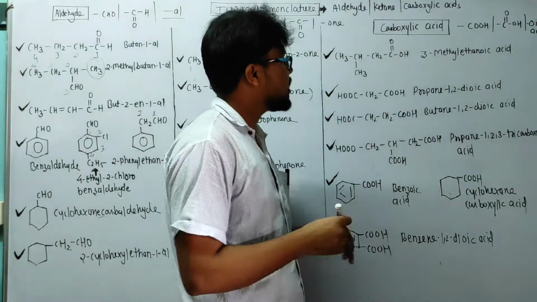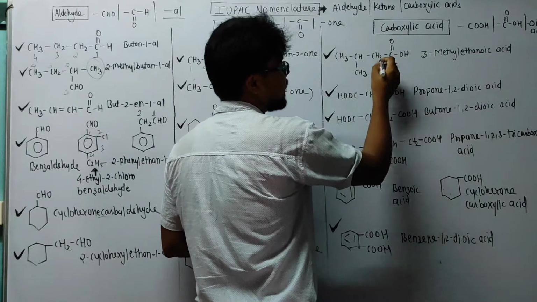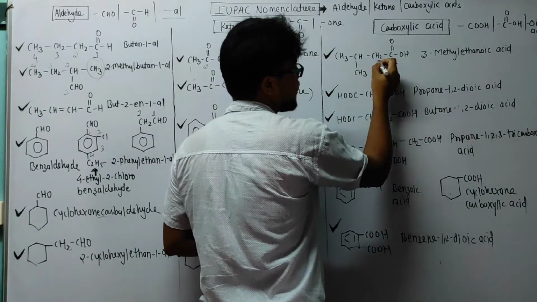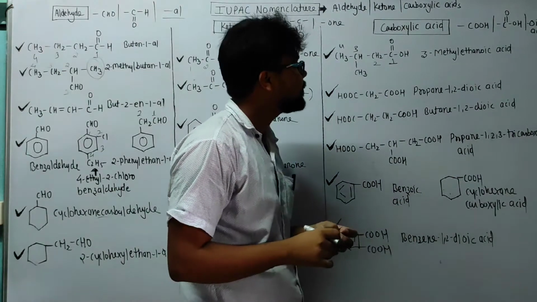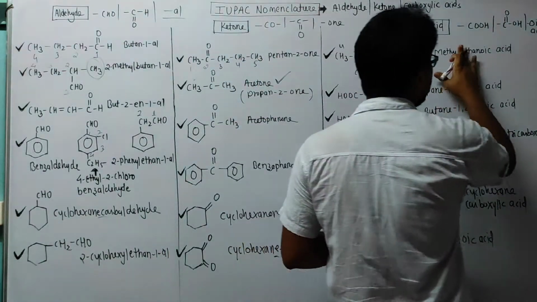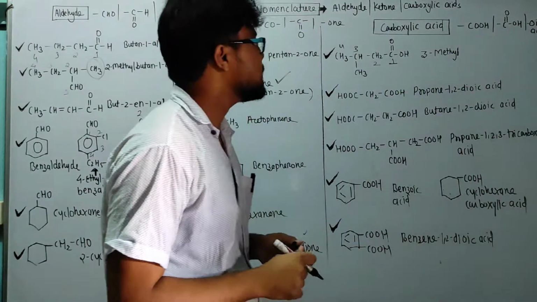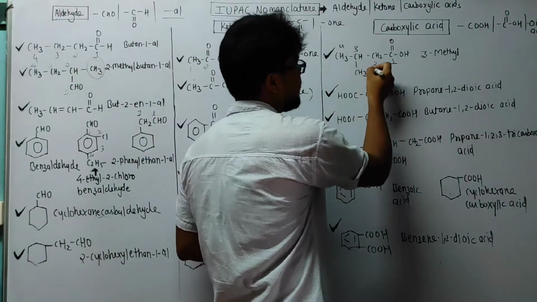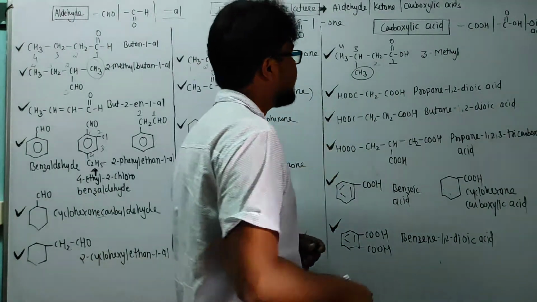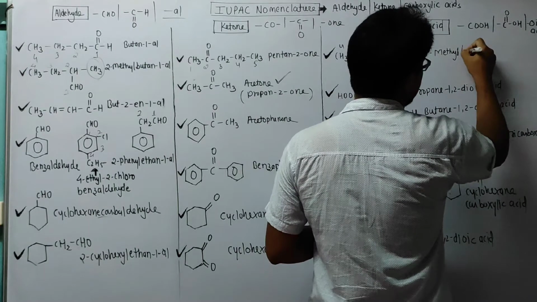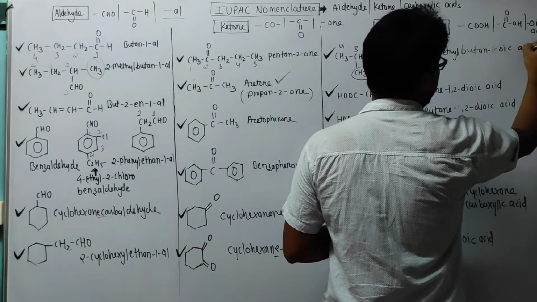Okay, so check. I will start my numbering from this carbon, including this carbon. It will be considered in the parent carbon chain, the main chain: 1, 2, 3, 4. Here it is 3-methyl, not ethanoic, that was wrong, so we can correct it. The 3 is the substituent side chain and the total carbons are 4. So it is 3-methyl butane 1-oic acid.